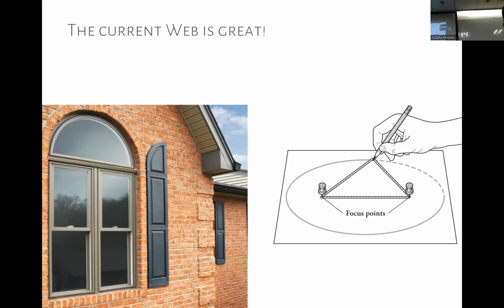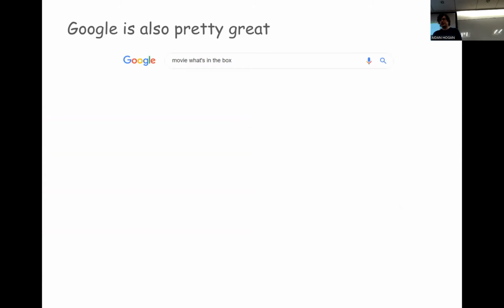So the web, we almost take for granted how easy access is to information. If I think about that, or I think about playing video games when I was young and there were no guides, you didn't have any printed guides and you had to find 100 of something and it would take forever, yeah? So the web is great. Google is also pretty great. What really makes the web great is easy access to information, as I mentioned, to be able to Google or use DuckDuckGo or use Yandex or use Bing or whatever